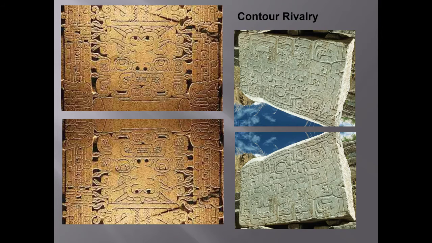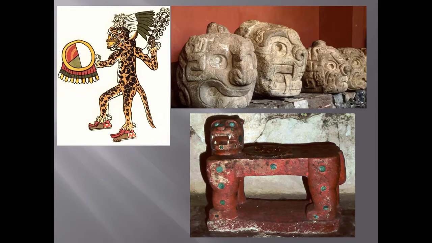And I'm giving it away. The image on the upper left is also from Chavin de Huantar, although it is not a required work. Note that the image changes when it's flipped upside down, but there is still a clear image. I flipped our required image as well, just for fun. Contour rivalry is most associated with the works of this culture, although it shows up in modern geometric art as well. The feline on the Lanzon Stela is almost certainly a jaguar, by the way, a repeated theme in Andean